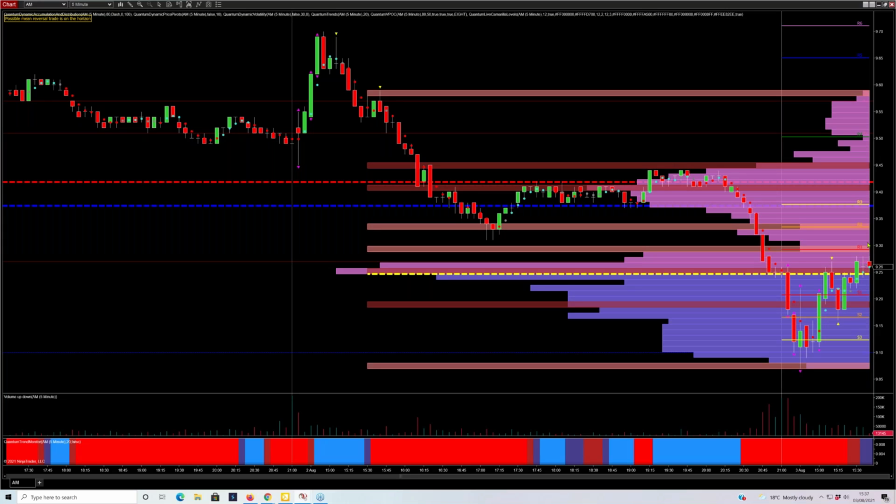And if it does manage to get through here, I don't think it's going to get much beyond the R3, and I certainly don't think it's going to get much beyond this level here, because look at the strength of that resistance that we have from the accumulation and distribution indicator. To the short side, certainly if we get some decent selling coming in and we get beyond the S1, then possibly back down to the S3, and certainly retest